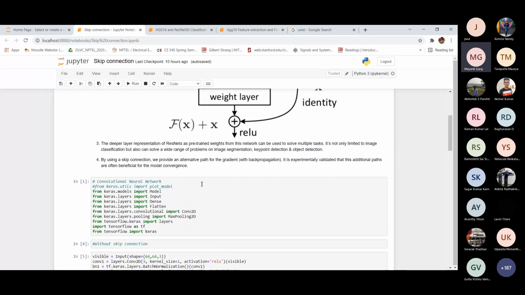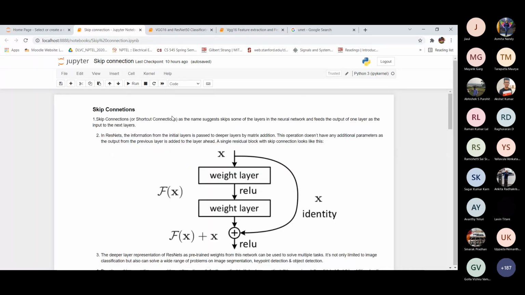Okay, so skip connection, as the name suggests, means we are skipping some layers in the neural network. It is not for small networks; we use skip connections in deeper networks.